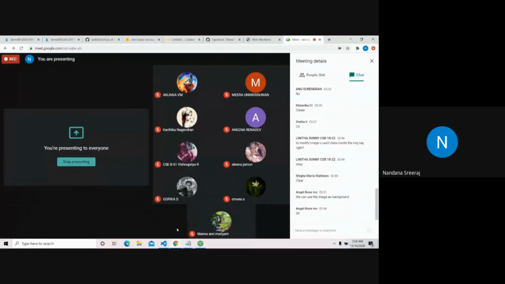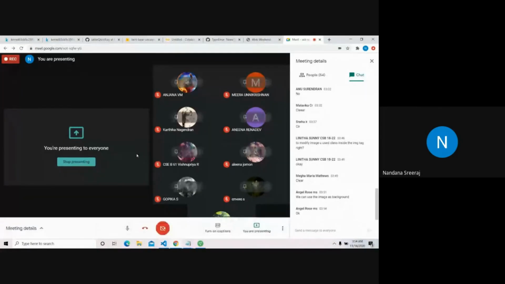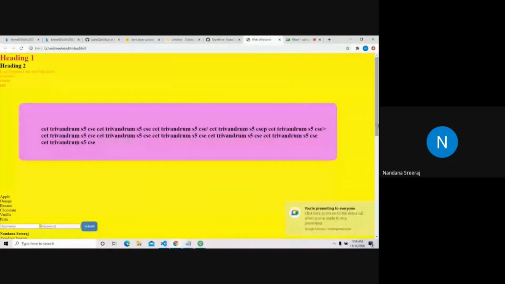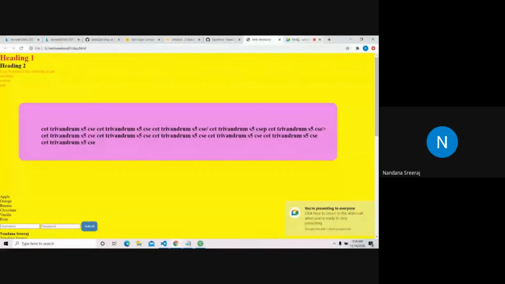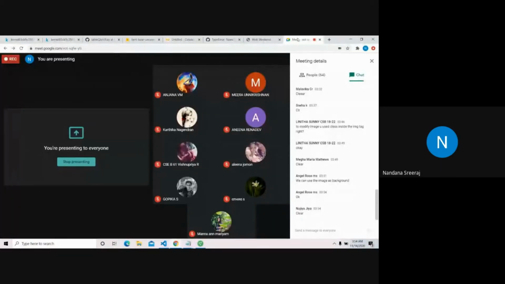Yeah, so any other doubts? Yes, so I think CSS is kind of an introduction. This is most of the things that we use in CSS. If you have any doubt regarding any of the concepts, you can surely ask. If you have any doubts regarding HTML or CSS, you can ask. Do try these things out, okay? They're really simple things.